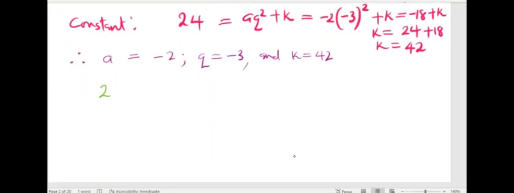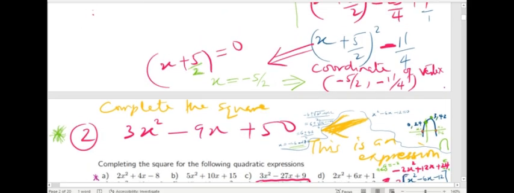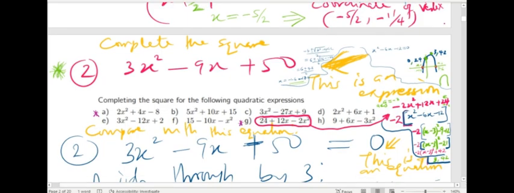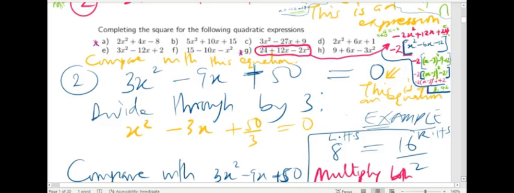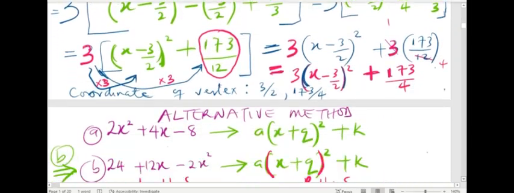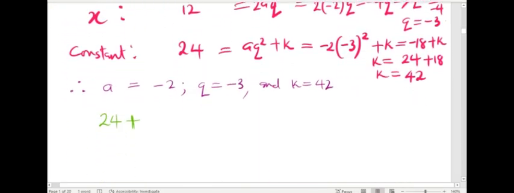It's actually 24 plus what again? 24 plus what? 24 plus 12x minus 2x squared. So 24 plus 12x